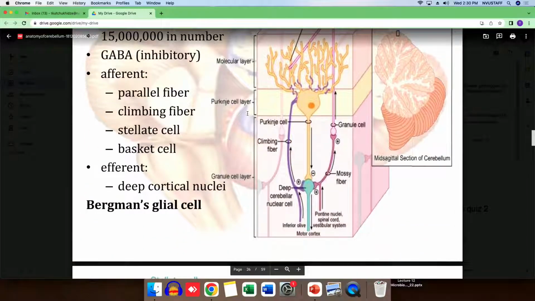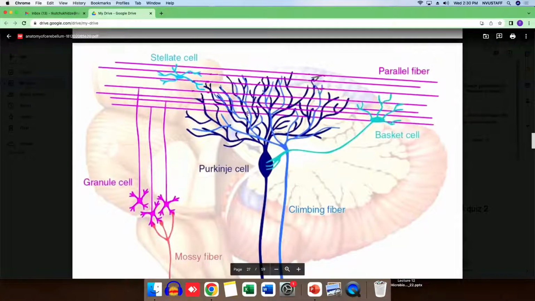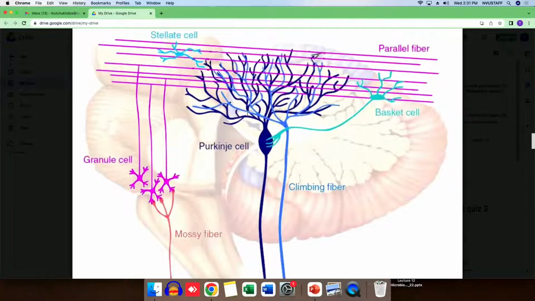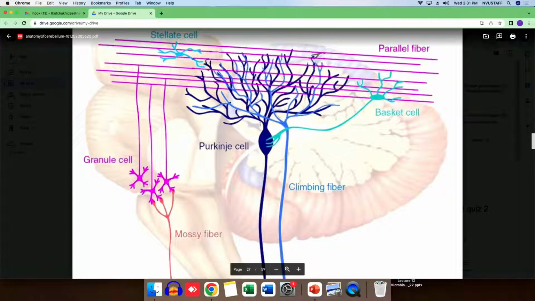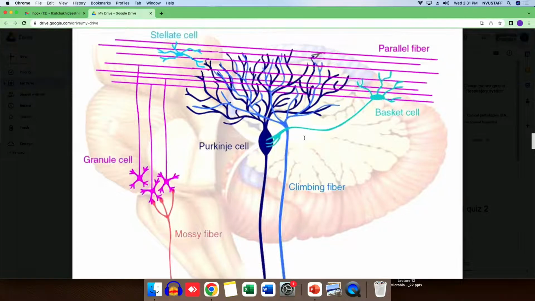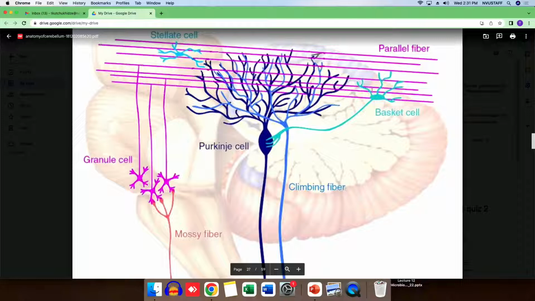To see the photo better, we can see how the basket cells and stellate cells, the cells that we discussed regarding this layer, are located. So we have our Purkinje cells here, right? And between the Purkinje cells and parallel cells we have basket cells in the molecular layer. If you remember, I mentioned that they are the ones who have GABA, right? They are cross-bridging Purkinje and parallel cells with each other. Regarding Purkinje and stellate cells, they are again cross-bridging our